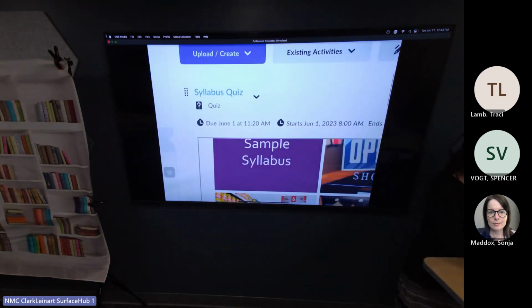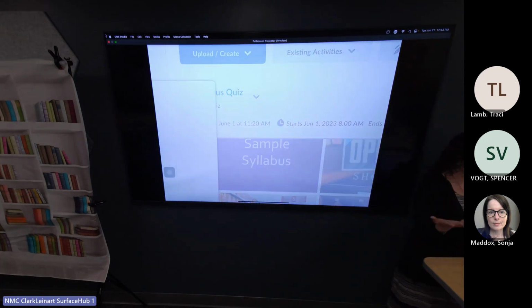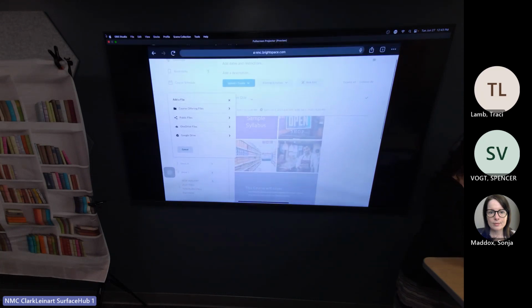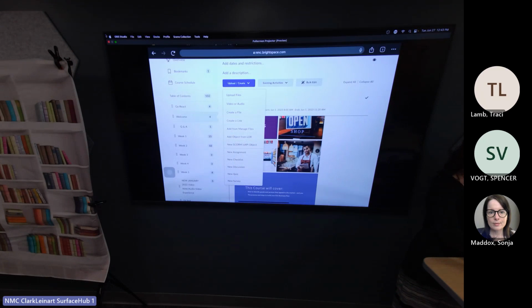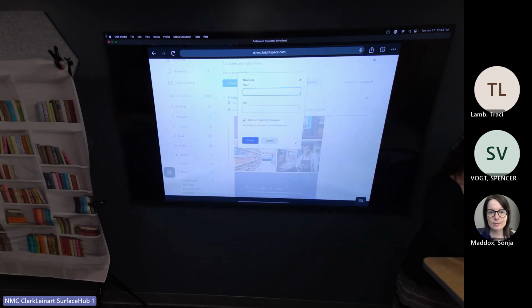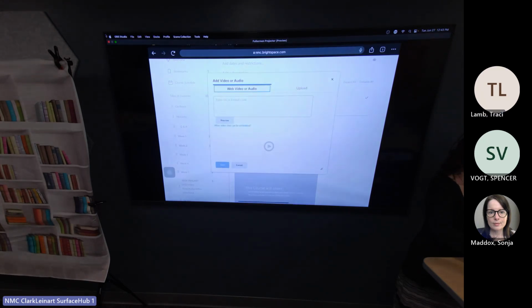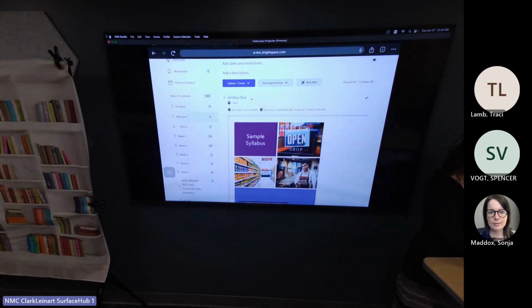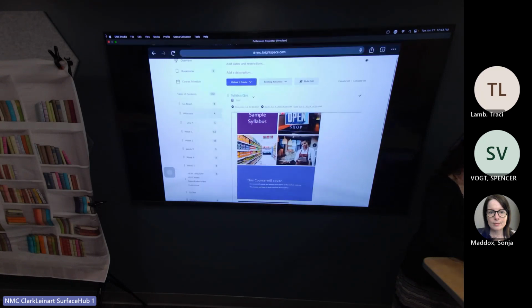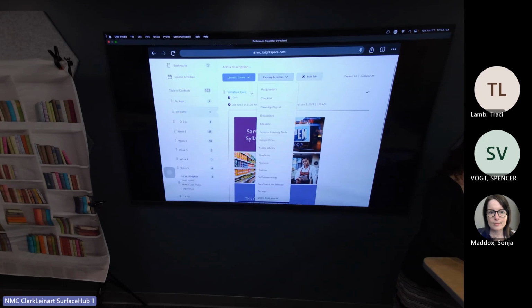All right. So this is also where you would be able to upload a file. That's where you want to add your PowerPoints. I zoomed in too much. We wanted to create a link if there were a link to an external resource that you wanted to use. And what's the other one? Oh, if you had created your video elsewhere, you could also upload it here. There was one more thing I was gonna.